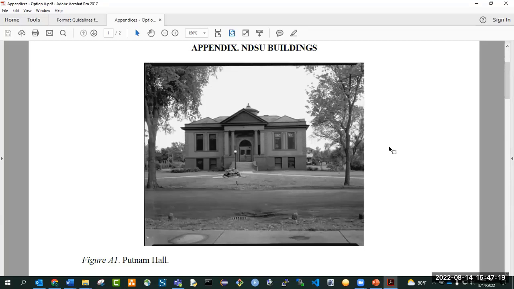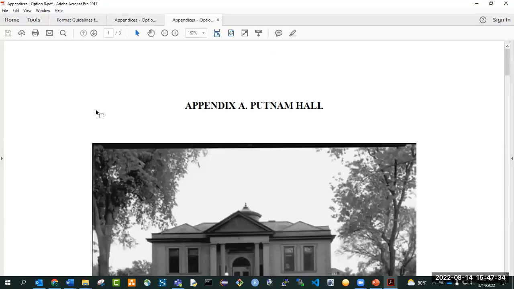But let's say you have a bunch of, for example, a poster or something that's large and you don't know how to get it into this sort of a format. The good news is you have another format. Now, this rule is in our guidelines and you can find it there, but it's basically if you include a single item in one appendix. So again, one item, one appendix,